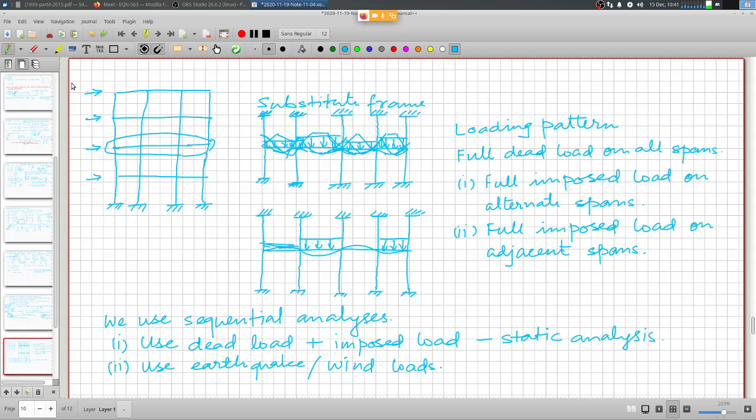So earthquake or wind loads would also be acting in a similar fashion, although the mechanics of deriving the nature, the quantum of these forces is different from how we do it in case of earthquake load, but effectively for the structural analysis consideration, the representation is similar. Both of them are considered as a lateral load on the structural system. So use earthquake or wind loads